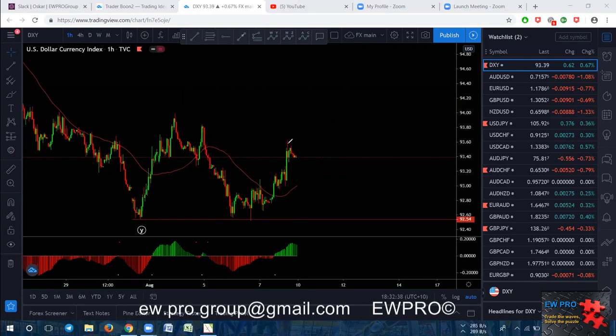So if it does give you something like this, draw your trend line, get a trend line break, and if you get a bear flag in here, well, then you can look to take the bottom out. So that's pretty much what we're looking at